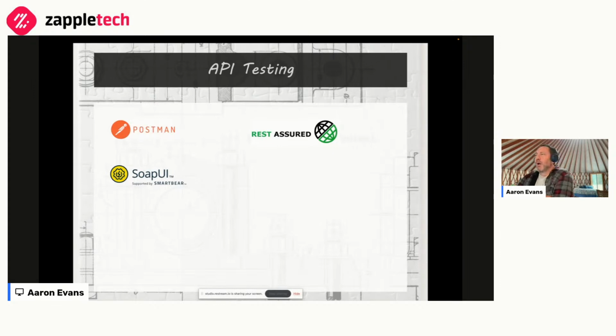Tools like SoapUI, which was designed for testing SOAP web services, but actually also has a pretty cool amount of features for testing more modern or simpler services like REST services. And then Rest Assured and a host of HTTP client libraries, Supertest on the JavaScript side, allow you to write API automation. It's a framework or a library, if you will. You can use Rest Assured either way, as a framework or a library for executing tests, test automation.